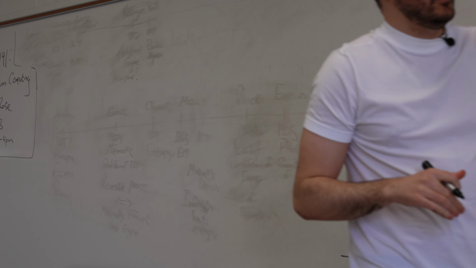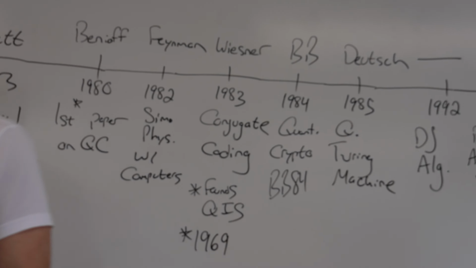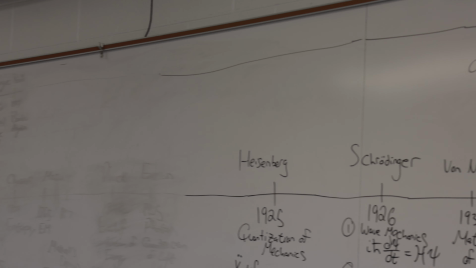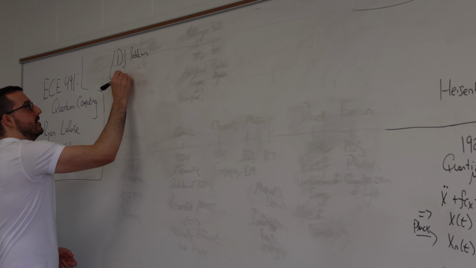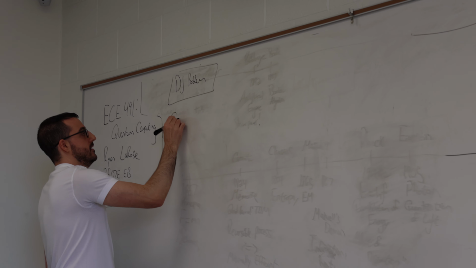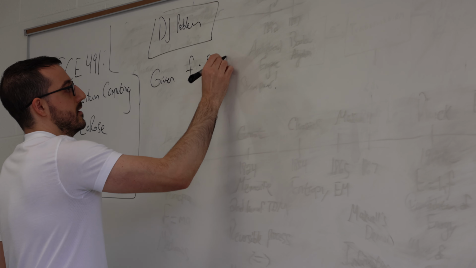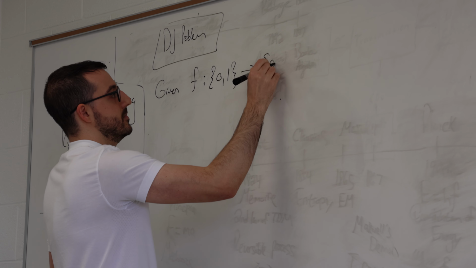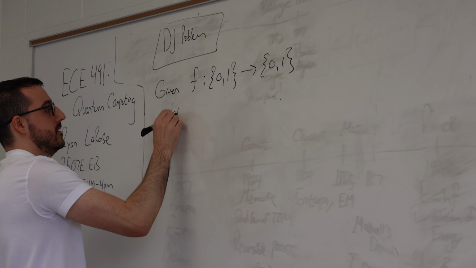So let's do a preview of the first ever quantum algorithm, which was the Deutsch algorithm or Deutsch-Jozsa algorithm from 1992. And the problem that they considered, which I'll call the Deutsch-Jozsa problem, is the following. Given a single bit function, so a function f, inputting a single bit, either 0 or 1, and outputting a single bit, we want to determine